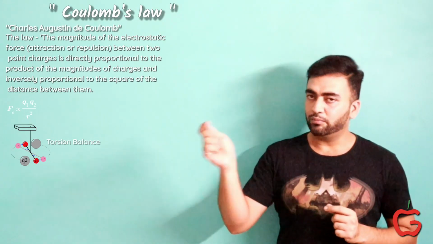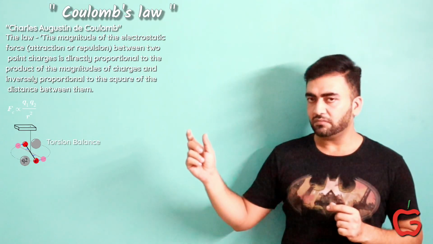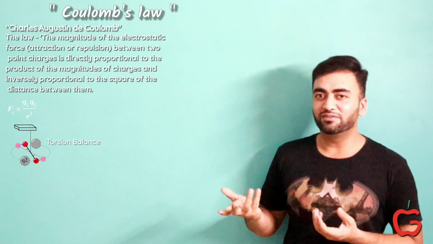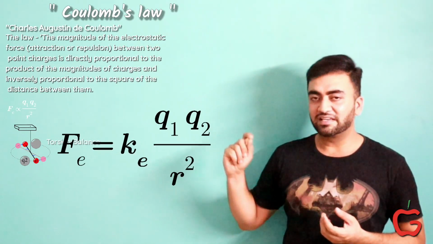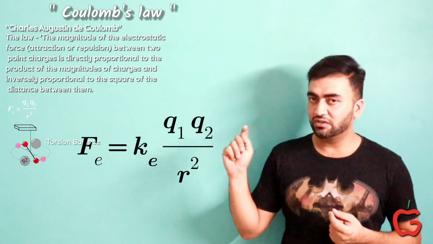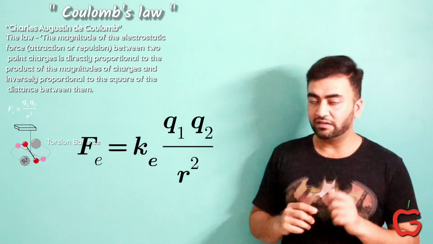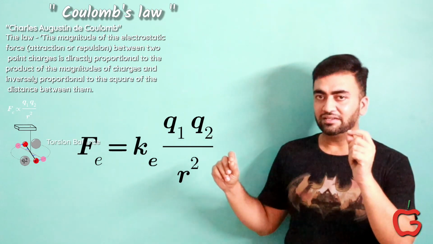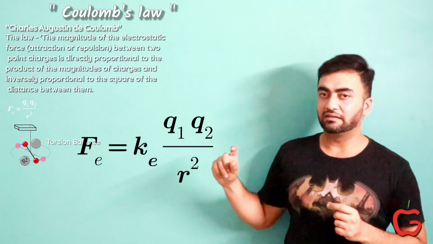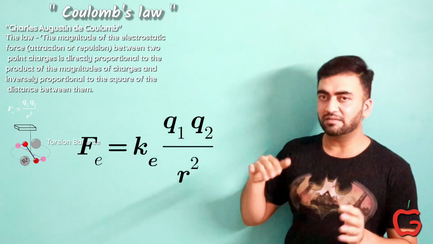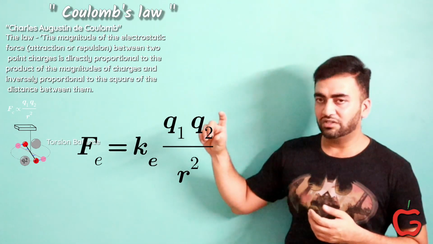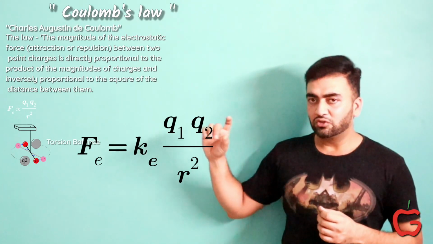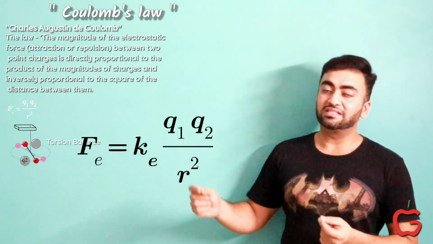Now if we take the proportionality sign away, we have to introduce some constant obviously, and K is the favorite name for a constant. So here also F is given by K times Q1 Q2 by R square. You have to keep in mind that this K is to be written as the small letter k. The capital letter K means something else in electrostatics. So this is small k, sometimes also written as Ke. This K is the electrostatic constant.